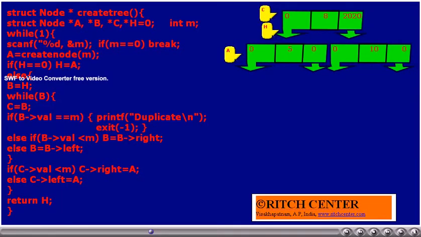However, when we verify that C is pointed to the root node, that is the node to which this new node has to be made either a left child or a right child. Now, when we compare CRON, that is 8, and m value is 5, as CRON is greater than 5, this new node has to come as a left child. Thus, the CRO left is equal to A statement will be executed. Thus, this becomes the left child for the root node.